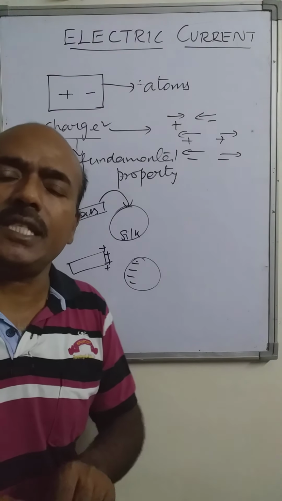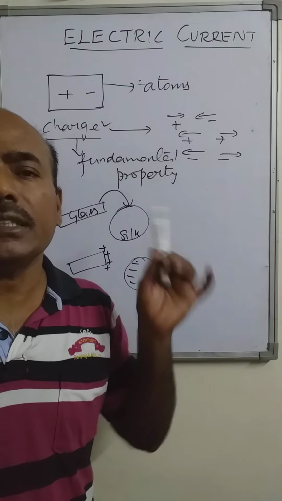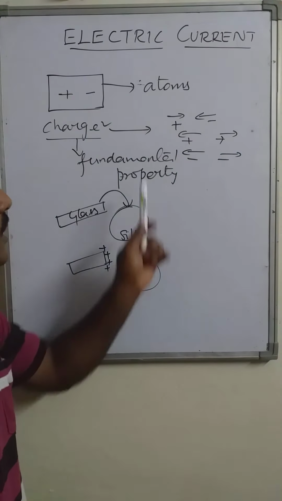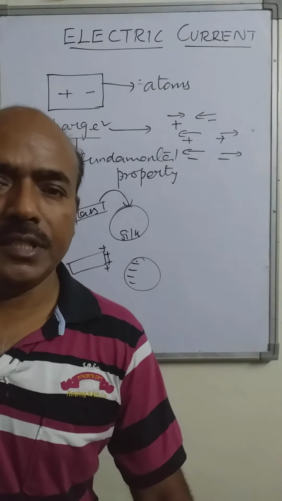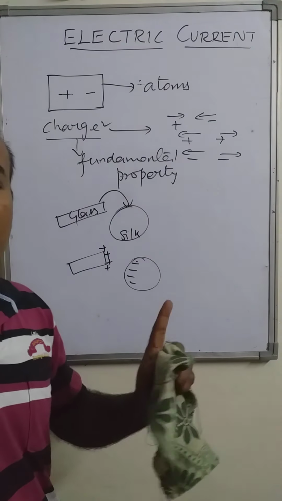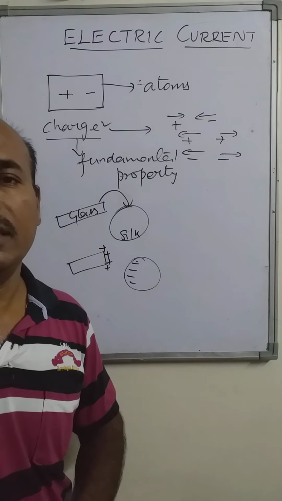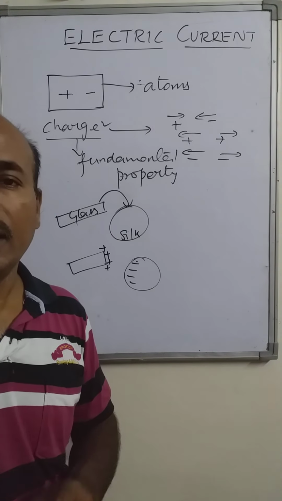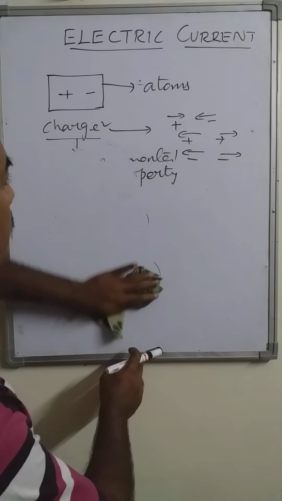This is one of the basic properties. Like charges repel each other, unlike charges attract each other. Some more basic properties are also there. और भी कुछ properties हैं इसके साथ. Like charges repel each other, unlike charges attract each other. इसके साथ some more properties, वो क्या है देखिए.